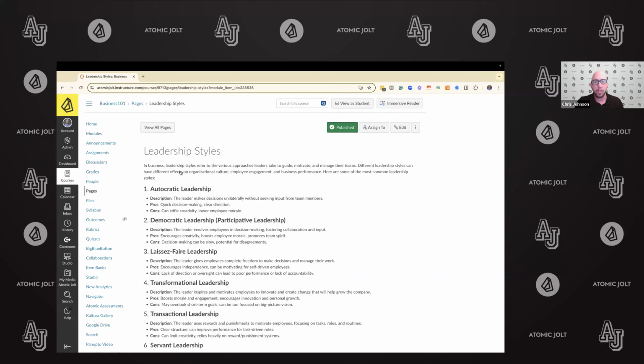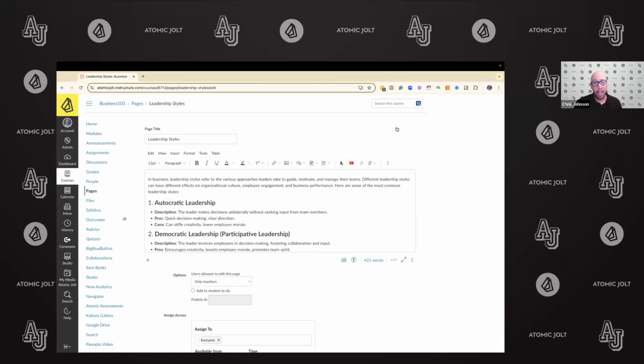And so what we want to do is encourage that social learning approach and capture the student feedback. So what I'm going to do is start out by embedding an Atomic Poll right within this learning page. And again, just as a reminder, it doesn't necessarily have to be a learning page. If you have the LTI plugin in your rich content editor, which is pretty much everywhere within Canvas, you'll be able to embed these polls or these discussions anywhere.